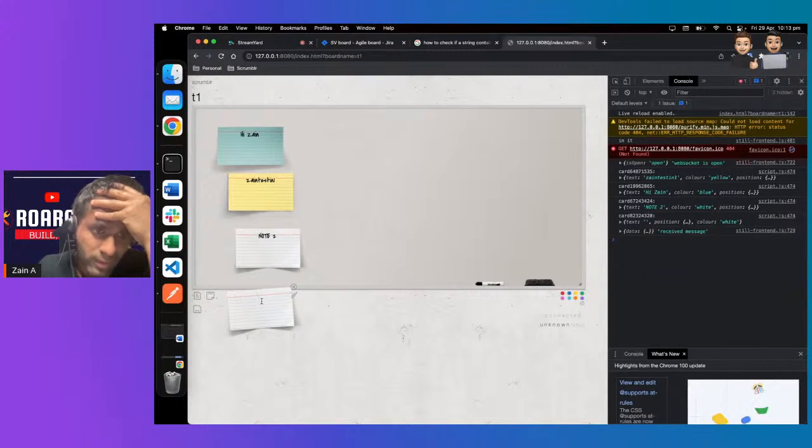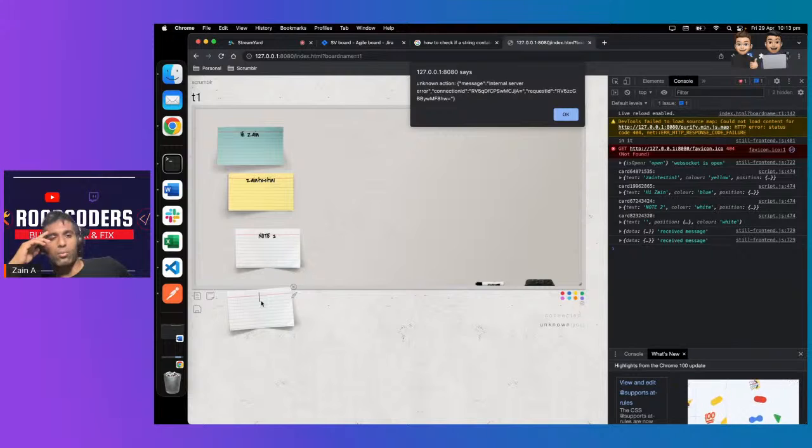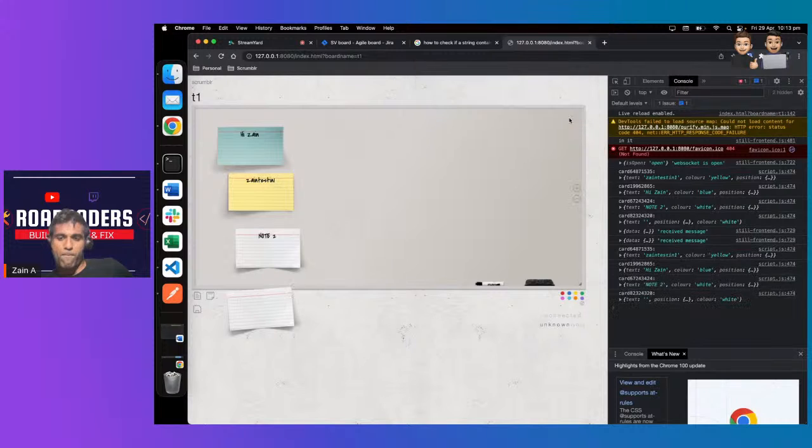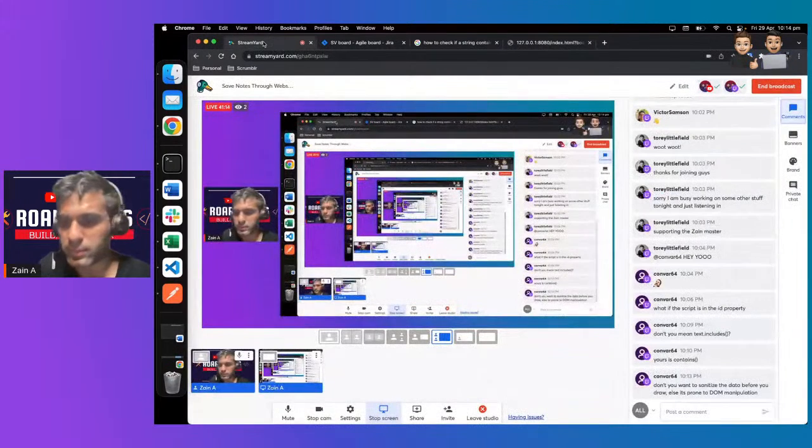So we don't want to allow script tags on this. So basically, how would we find out if that is the case? In this one, I think what we can do is